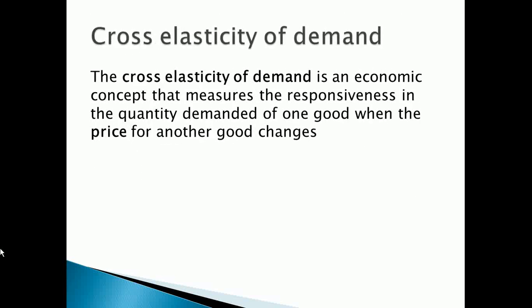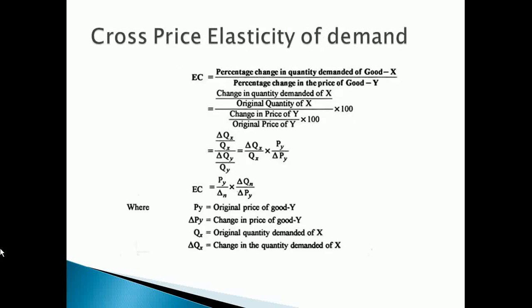negative. When you are interpreting cross elasticity of demand, substitute goods carry positive signs. Pampers and Huggies, Close Up and Dental Cream. These are examples of substitute goods. But complementary goods carry negative signs, such as bread and butter, ink and pen, stove and paraffin. Complementary goods are goods you cannot use one without the other, whereas substitute goods are goods of which there are options when the price of one increases.